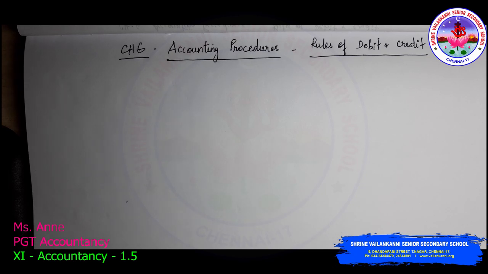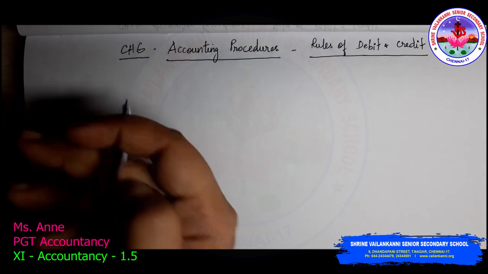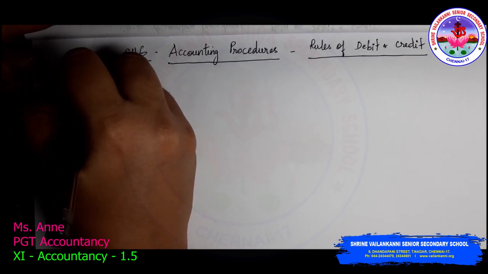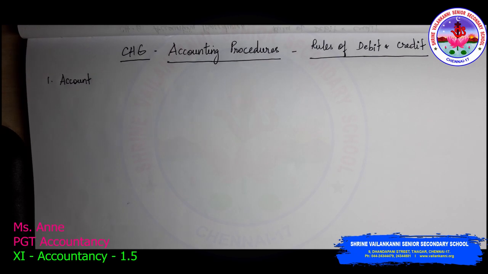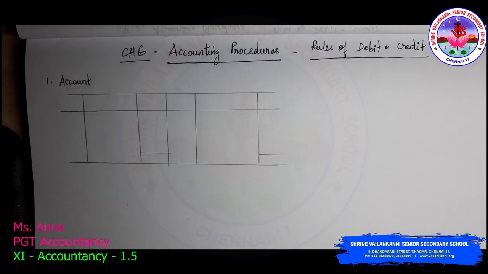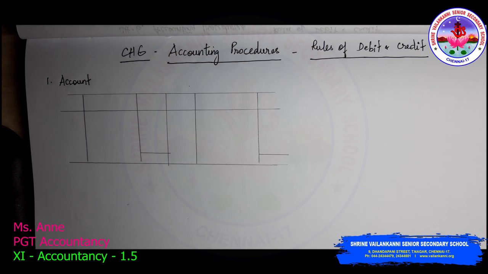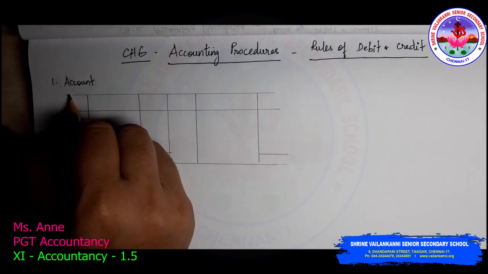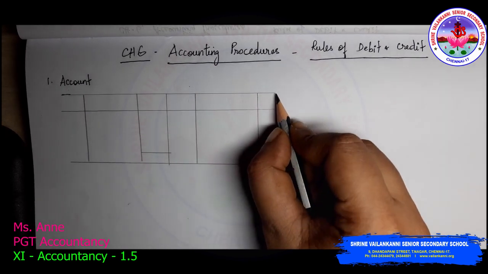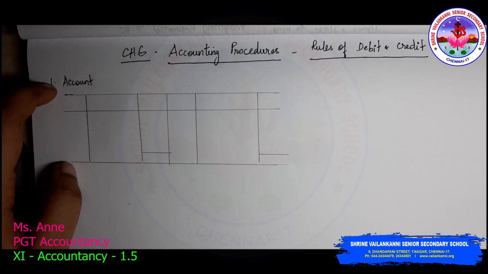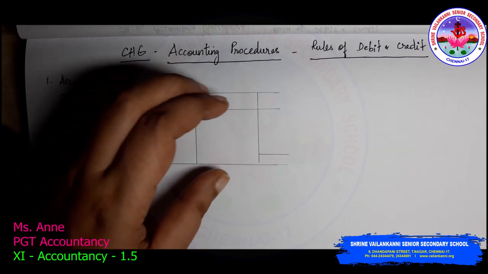Before teaching the rules of debit and credit, I would like to first throw light upon a term called account. Now, this account. So, what you are seeing here is a pictorial representation of an account. So, this is how an account looks like. Okay, so we are going to use this format very often everywhere. Literally everywhere we are going to use this format. So, make sure that you draw in your classwork. Pause the video. You can take down this columns and this format.